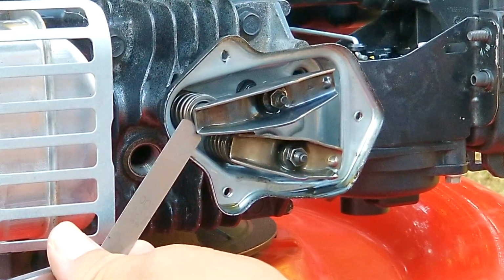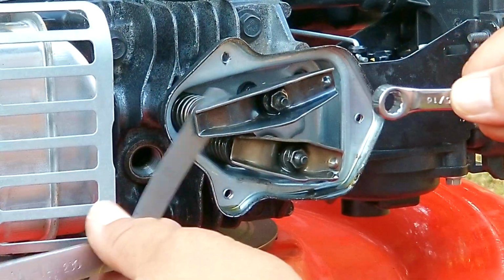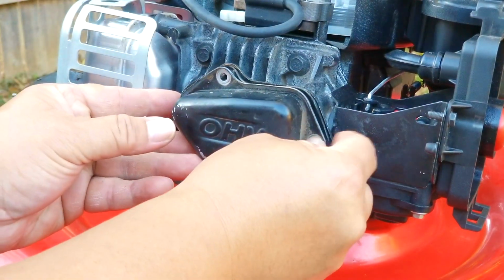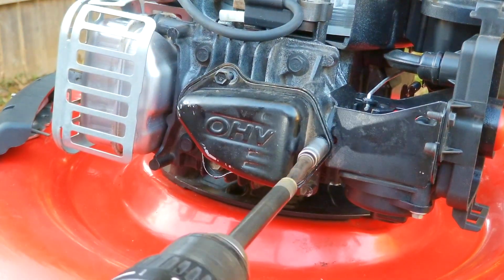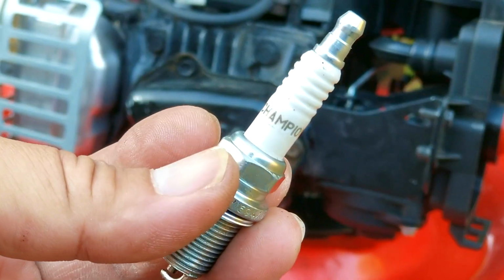I know I didn't go into why these clearances are important, and instead, all I want you to know is this. If the clearances are too tight or too loose, it'll cause the engine to run poorly and might make the engine tough to start when it's hot or even cold. So if your lawnmower is several years old and you've done everything you could to make it start when it's hot but haven't had any success, then you might want to check the valve clearances because there's a good chance